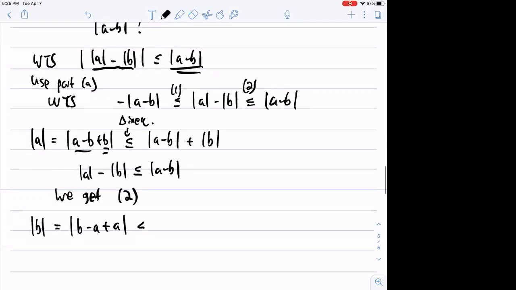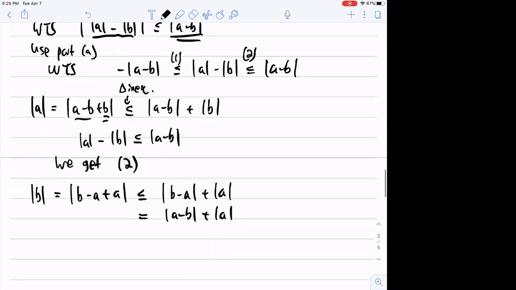Note this is, by triangle inequality, less than or equal to absolute value of b minus a plus absolute value of a. But note the absolute value of b minus a is just the absolute value of a minus b, right? Because b minus a is the negative of a minus b. So absolute value of 1 is 1, absolute value of negative 1 is also 1, so we could take out the negative sign. And here, if I subtract a on both sides, I get